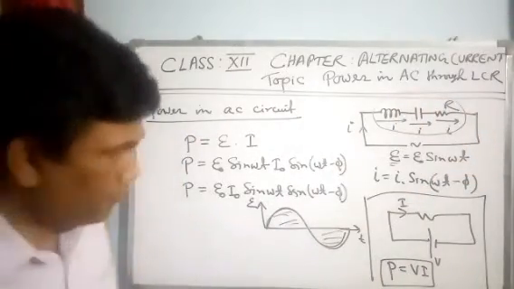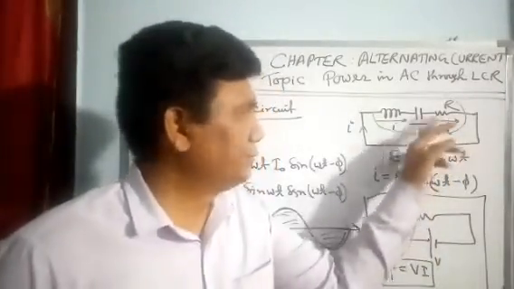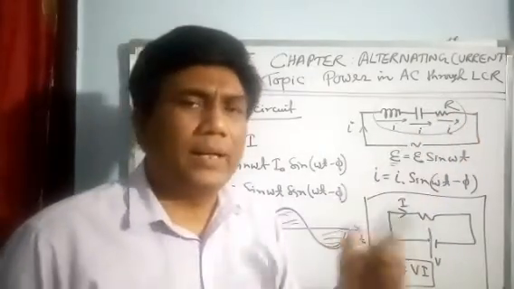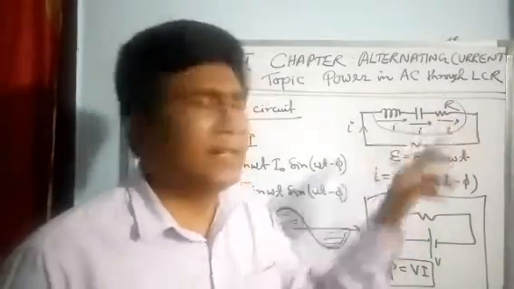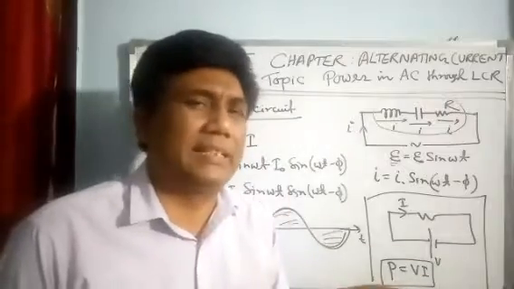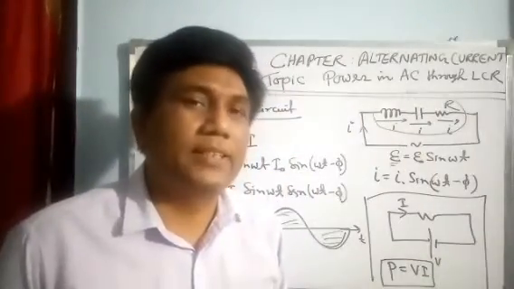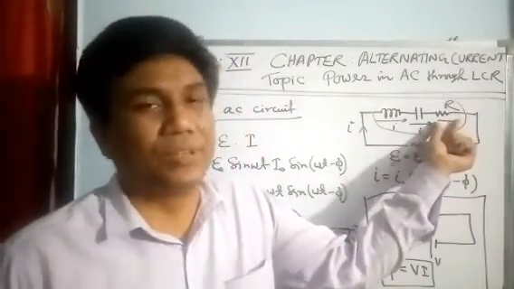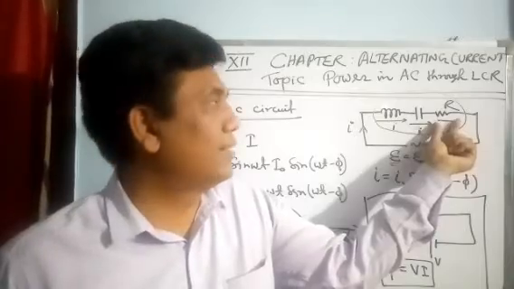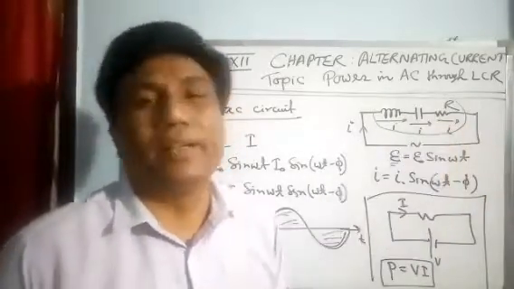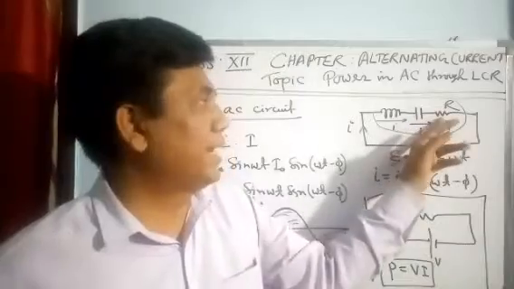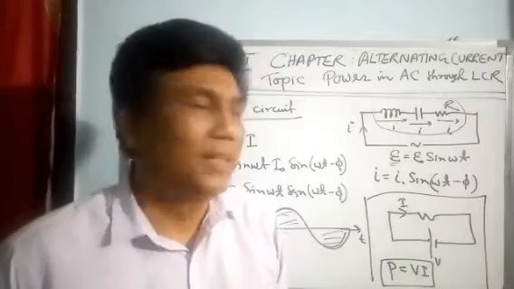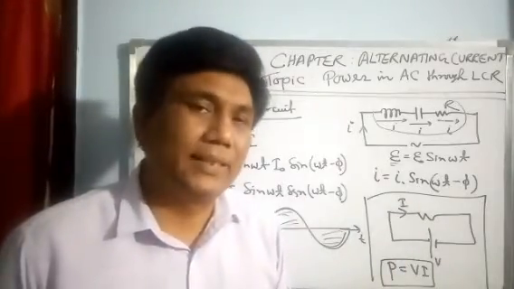One more thing, whenever you see a resistor here, don't think that it is the only resistor. Even if you don't put an external resistance, the circuit may still have resistance, because the conducting wire has some resistance. So the whole resistance is accumulated here. That is our assumption. It means that even if we don't put an external resistance, like 2 ohm, 3 ohm, 5 ohm from a resistance box, the wire still has some resistance.